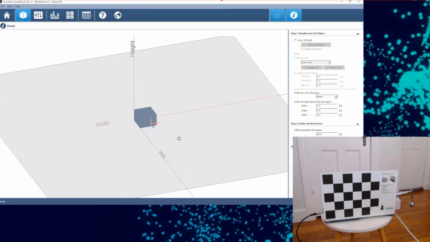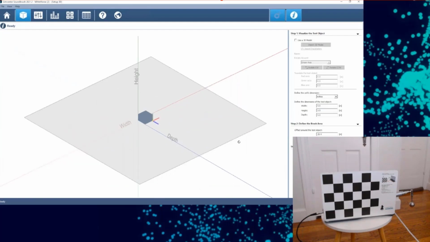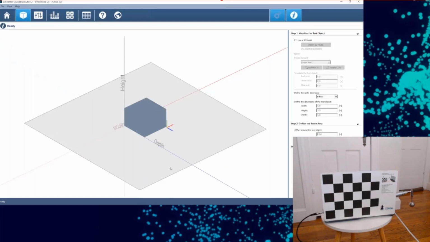So you see my object got quite a bit smaller. This bigger area here is the measurement area. If you imagine a cube that's this size on each side, that's the volume inside which I'll be able to collect data. Intensity vectors will populate in any XYZ position within that cube. I don't need to know information this far away from this object, so I can make this a little bit smaller, and let's say I'll just make it a foot or so. So it'll be the dimensions of my object plus a foot in every direction.